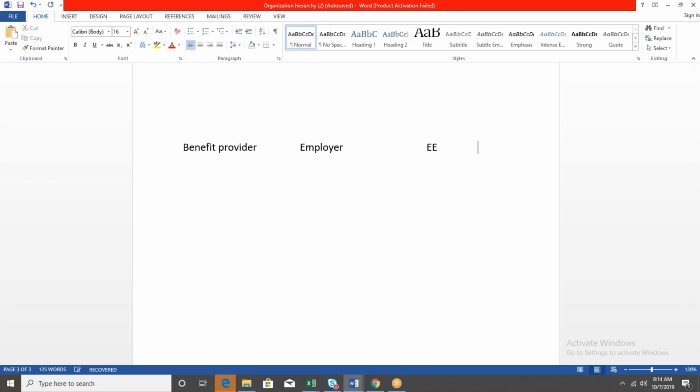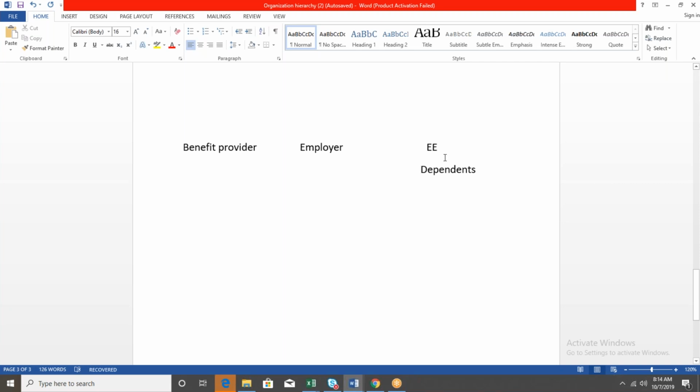Also we have here dependents. So based on the plan type, employee has to contribute some of the amount.